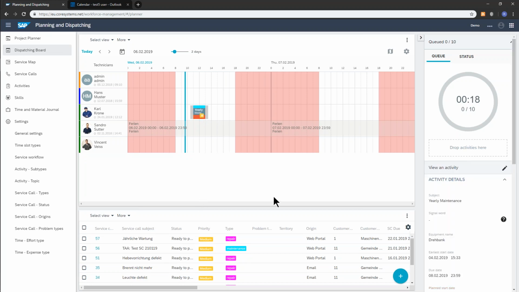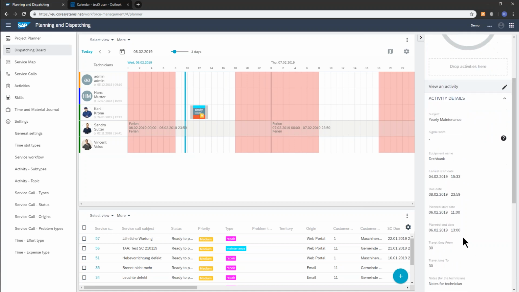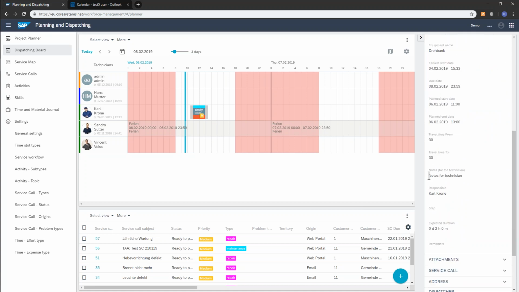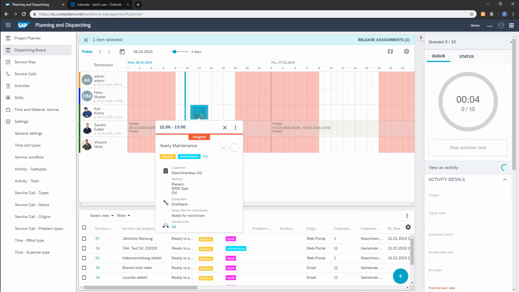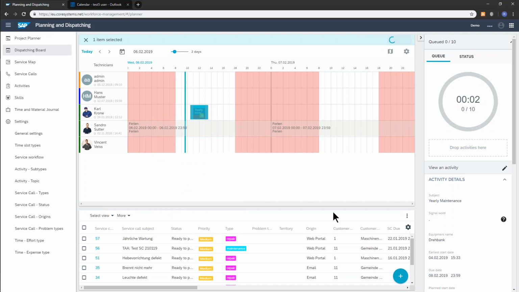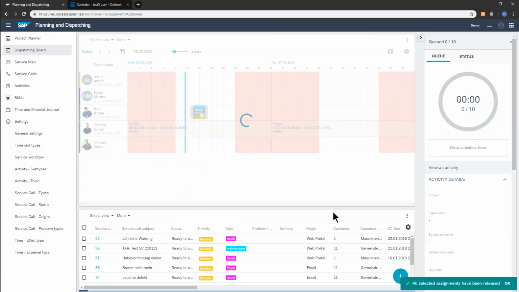Within the service call we have the details like the subject, planned start date, etc. We also have notes for the technician in here, for instance. And all I do is I release the assignment, and that is the moment when